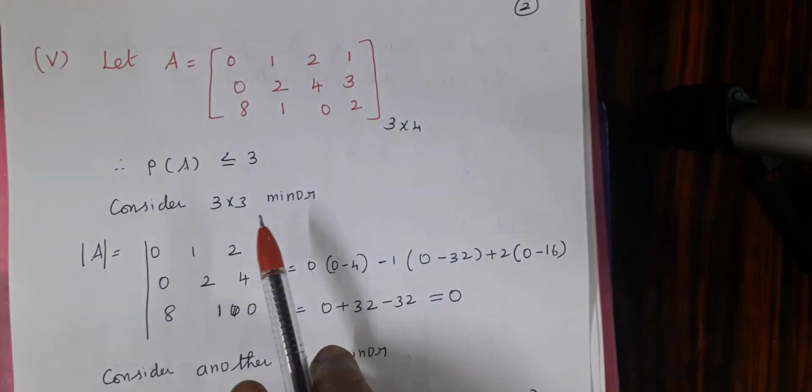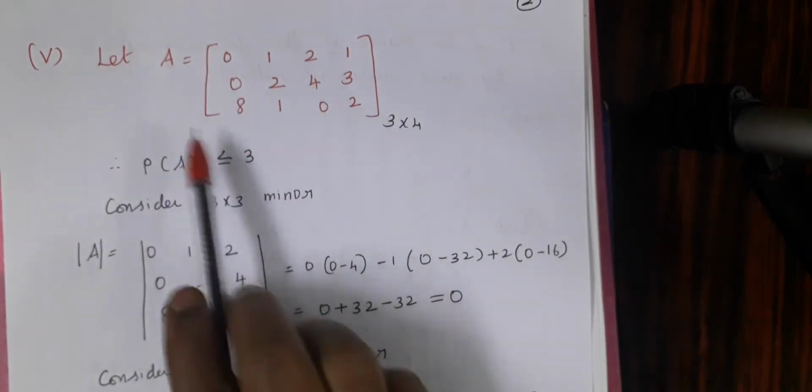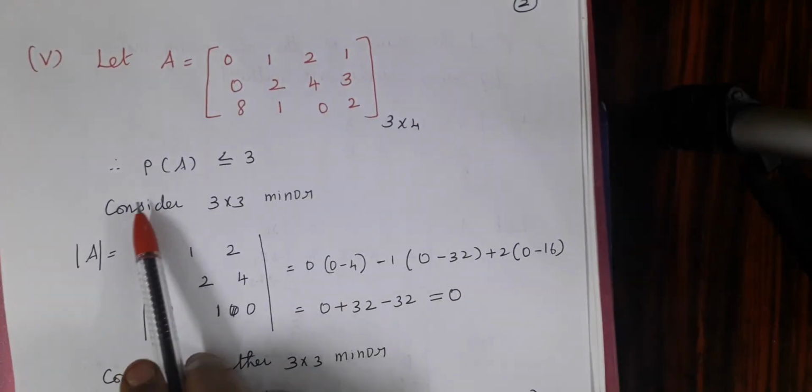So now the fifth subdivision. I will teach each and every sum. Each one is different from the others. Go through it properly. Write the given question. What is the order of the matrix? 3 rows, 4 columns. Therefore, the order is 3 by 4. What is the rank?